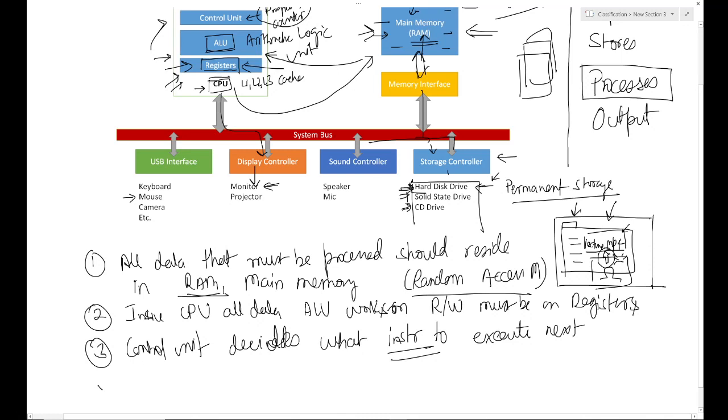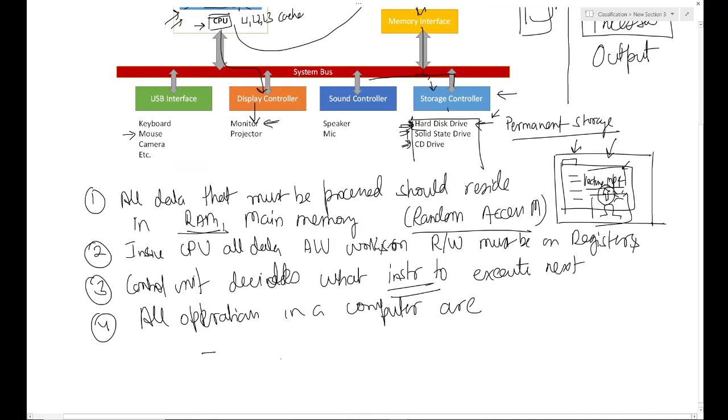So in general, all operations in a computer are of these types. One, read or write from main memory, right?